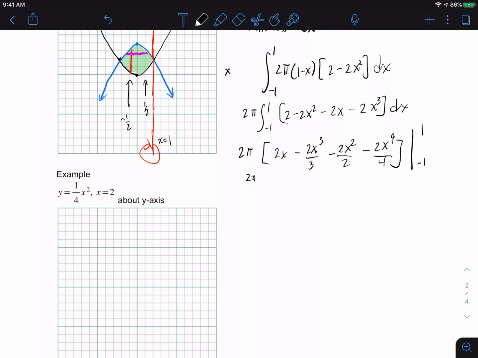And that's going to give me 2 pi times 2 minus 2/3 minus 1 plus a half, minus a -2 plus 2/3 minus 1 plus a half, and that should give me 5/6 minus 11/6, that will give me